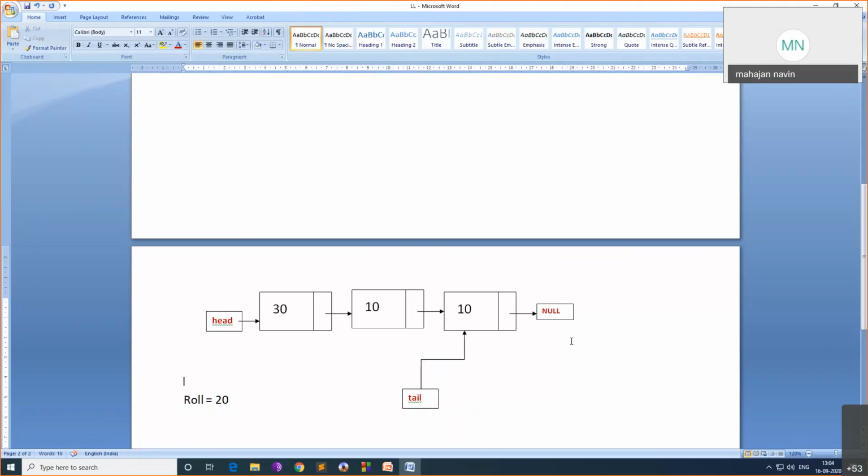What will happen? The new node will be inserted here somewhere. If you want to insert a new node, it is taken. Suppose I'll insert a new node and assign some value here, 100. The new node is taken here, and how is it taken? We'll have one temporary pointer, temp, where this new node will be. See this in our code.